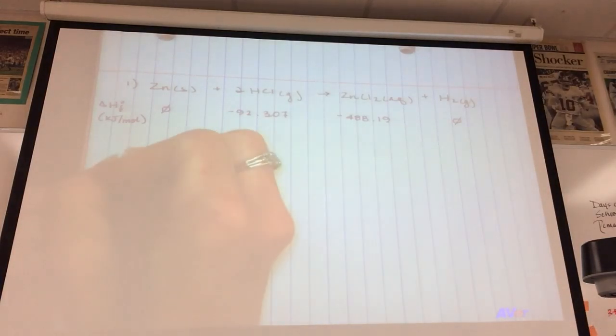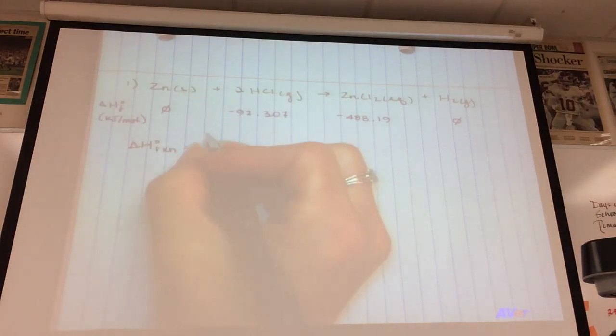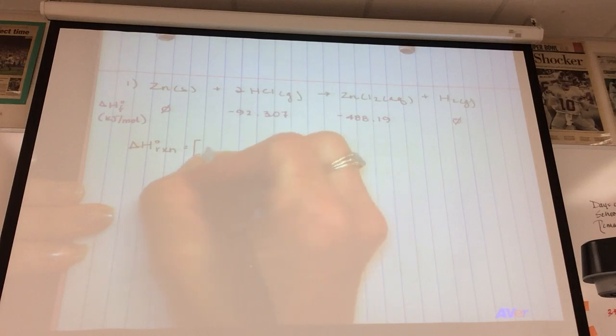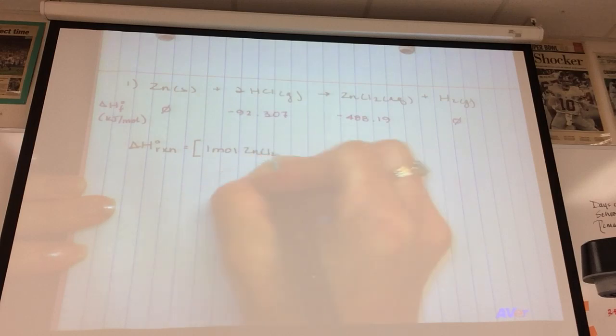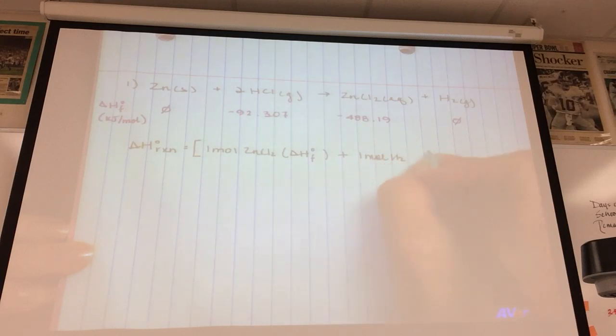I've got delta H for the reaction. I'm going to write the whole setup for you. Products, products, products go first. We've got 1 mole of zinc chloride times its delta H of formation plus, because it's the sum of, 1 mole of hydrogen gas times its delta H of formation, close,